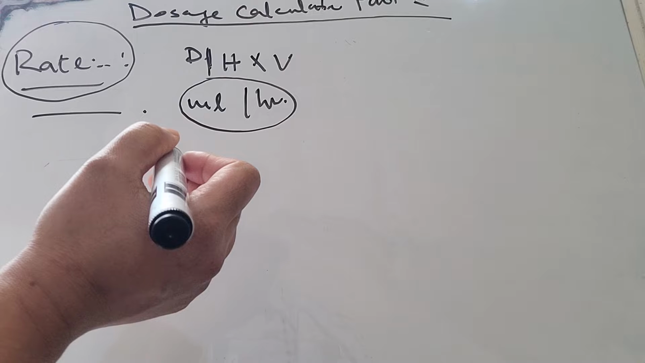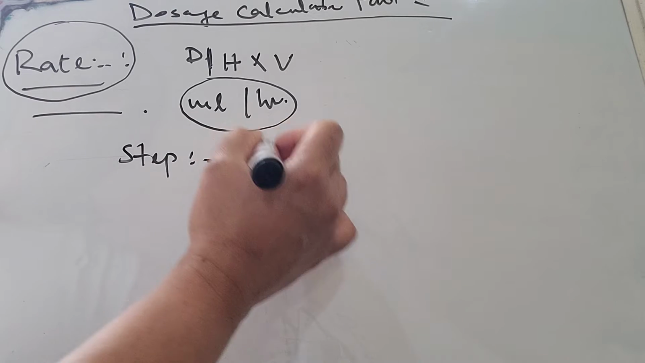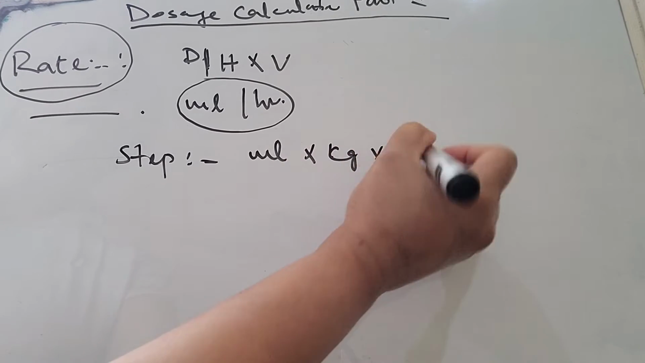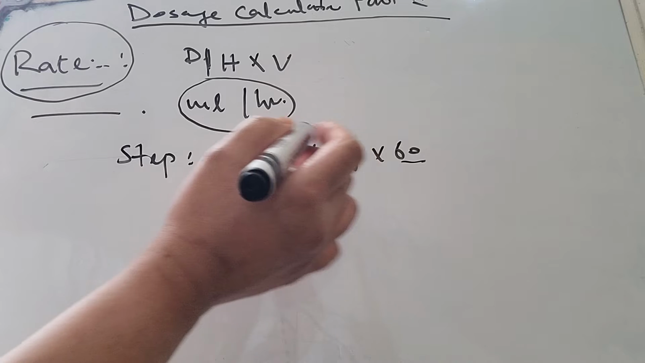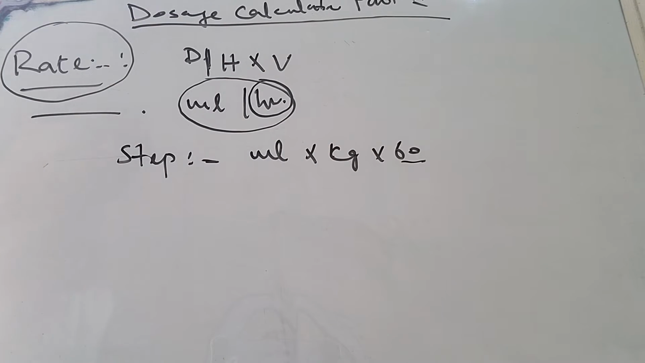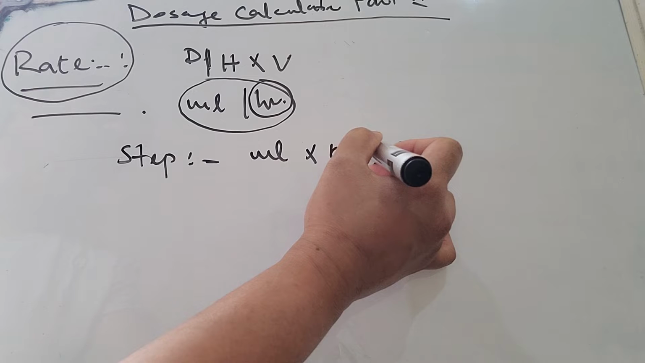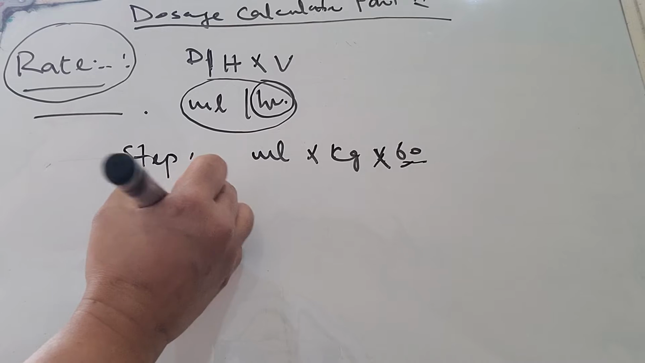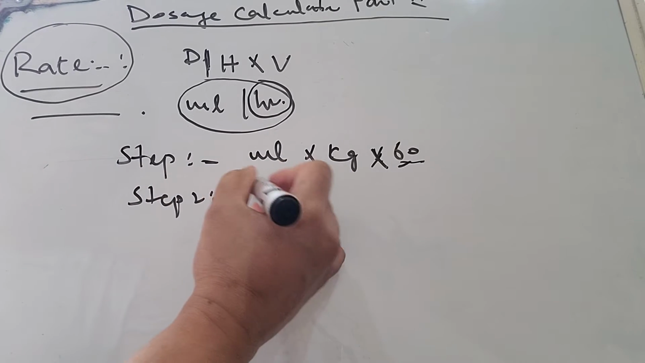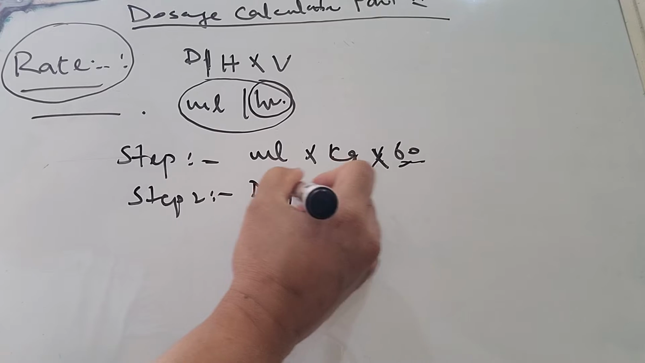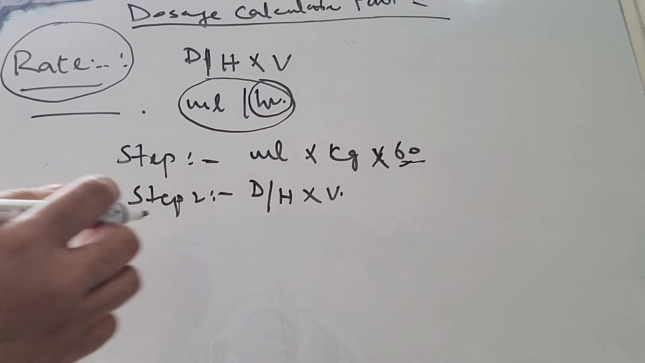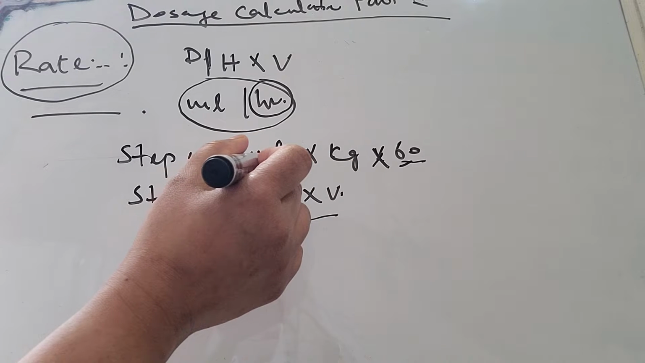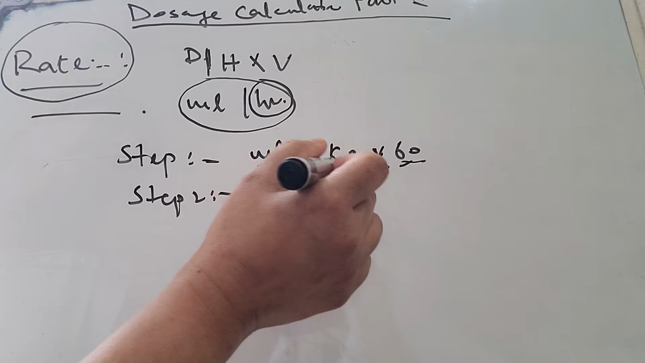Our step 1 is find the desired dose. Always ml multiply kg and multiply 60. Why do I put 60? Because 1 hour has 60 minutes. So that's why we will multiply with 60. Step 2 is desired divided by hand multiply by vehicle. So same formula at the end we will use, but before using this formula we will multiply ml multiply kg